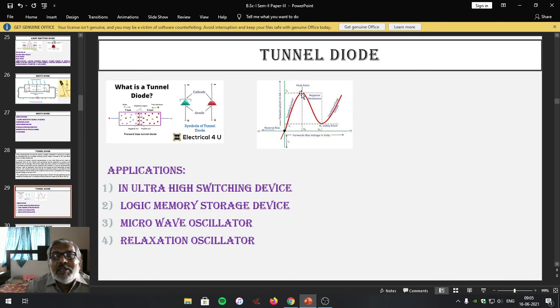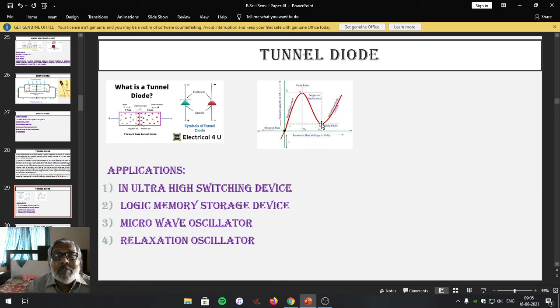But after the peak point, even though voltage is increased, current decreases. This is against Ohm's law. As increase in voltage decreases the current, this particular region we can call a negative resistance region